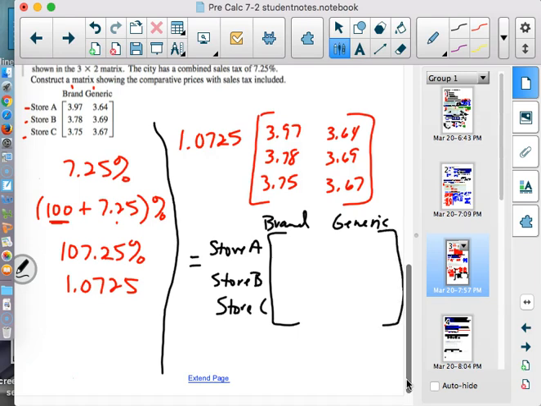All right, so hopefully you've already got those punched in. If not, you can pause this. So 1.0725 times 3.97, $4.26. 1.0725 times 3.64 is $3.90. Then we need 1.0725 times 3.78, which is $4.05. 1.0725 times 3.69, $3.96. 1.0725 times $3.75, $4.02. And then 1.0725 times $3.67,